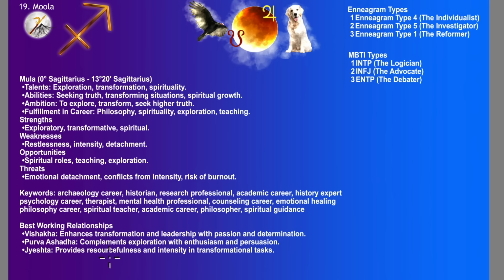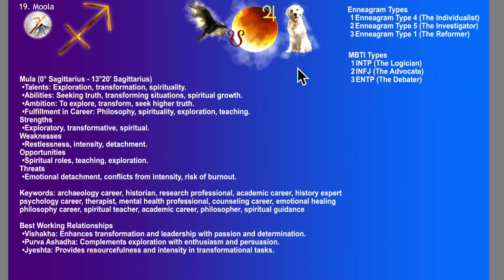Jyeshtha, also in Scorpio, provides resourcefulness and intensity in transformational tasks or whatever projects they are undertaking. Yes, that could be it. Now let us see the Enneagram types: Enneagram type 4, 5, and 1, as well as MBTI types INTP, INFJ, and ENTP, which tie closely with the career paths possible,